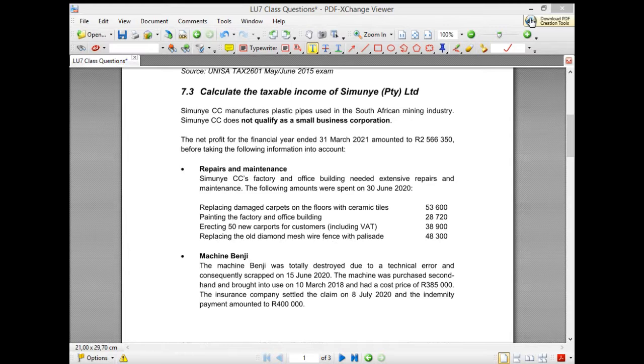But to be able to do a question like this, you need to understand each and every learning unit so that when you get the calculation, you know how to apply it. Now, generally, the income is the easy part. It's the expenses and the capital gains that generally get students all muddled up. So you need to know the basic rules to apply it. So even if you don't get 100% perfect, if you know the basic rules, you can generally get between 70 and 80% for a question. We normally have about 10% is difficult in the question, and the rest is fairly straightforward if you understand the